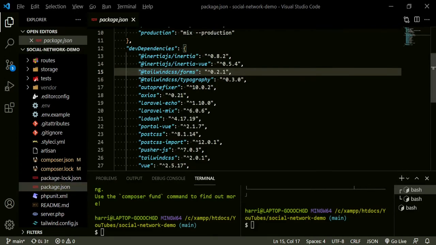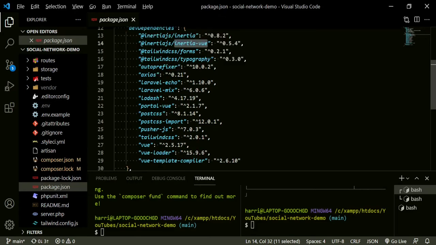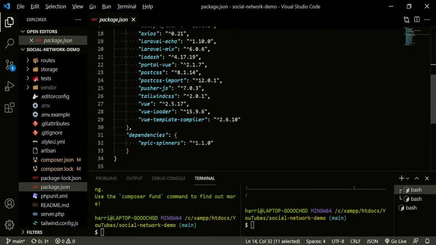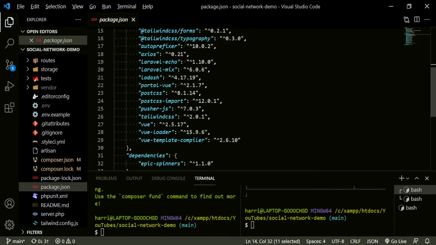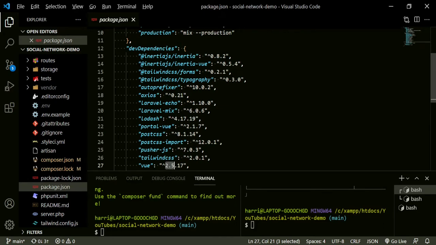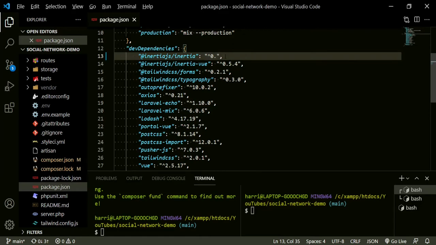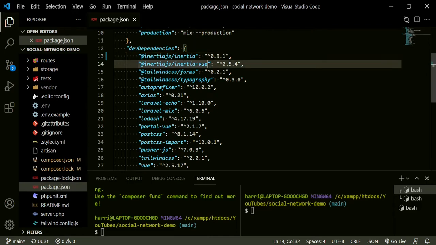If we take a quick look in here before we change anything, you can see that the inertia-vue that we're running is 0.5.4, and we actually want to use inertia-vue3, so we're going to go ahead and change that. There are also some other things in here that are no longer being used by these packages. We're also going to update to Vue 3 so that we can have the most current version of Vue, and it'll be used with our Inertia. So we can start by changing the version of inertia from 0.8.2, which will now be 0.9.1. Inertia-vue, this will be inertia-vue3, and then